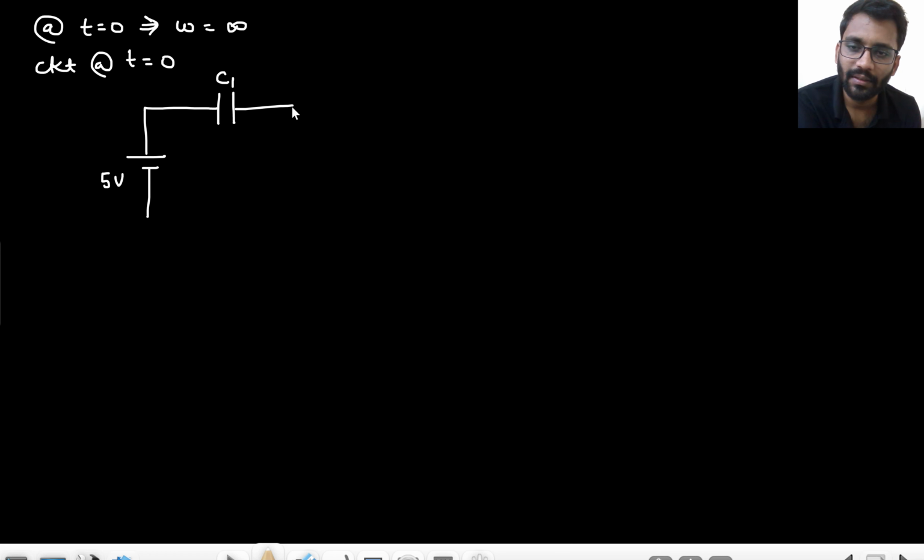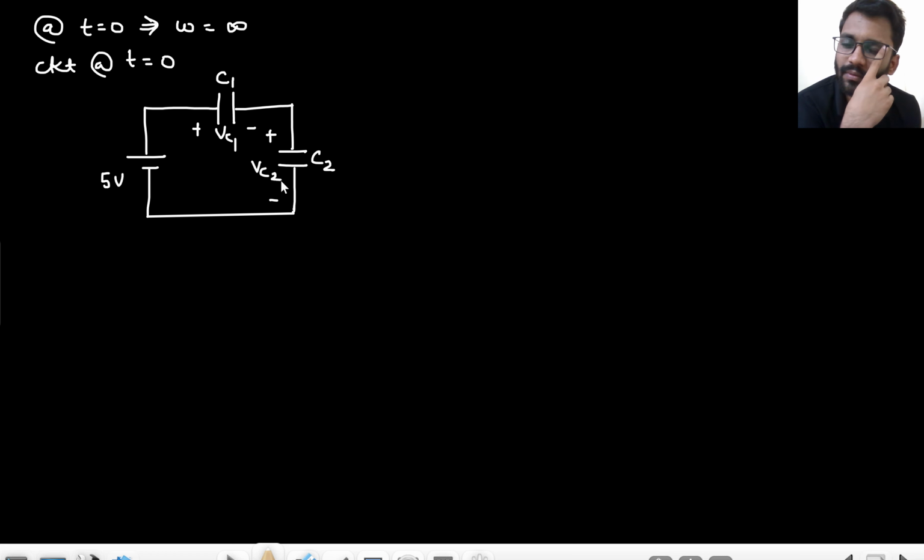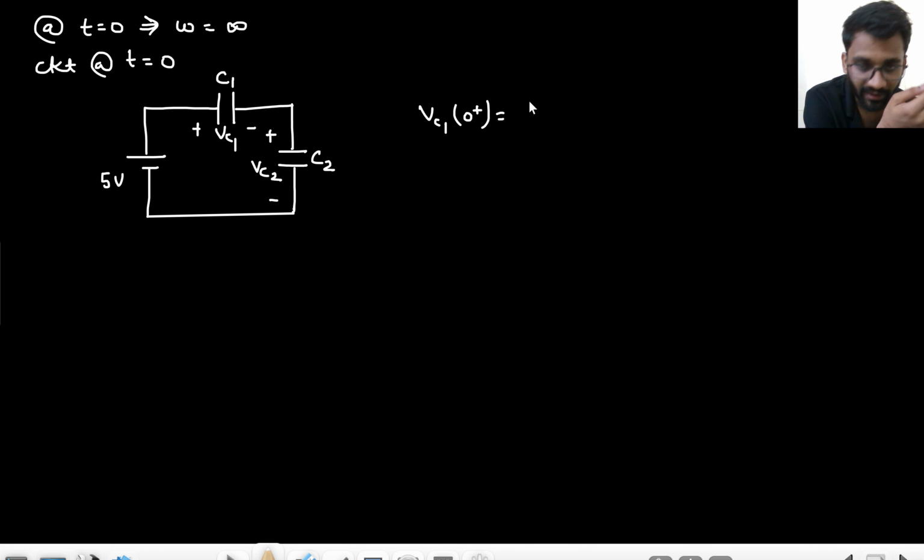This C1 comes here and this C2 remains as it is, right? This is VC1, this is VC2, right? So what will be the value of VC1 at t equals to 0 plus? A similar analysis, nothing different. This parallel combination of R and C2 is replaced with the single capacitor. So what will be the value of VC1? That will be 5C2 upon C1 plus C2